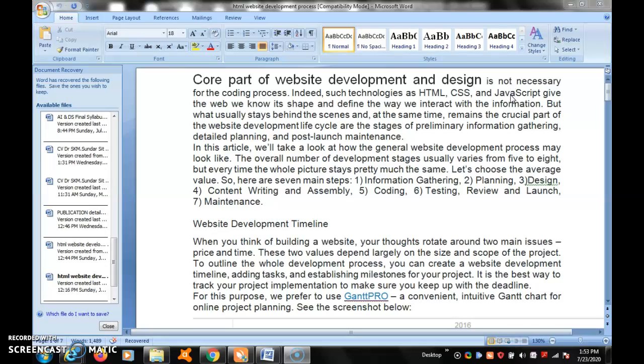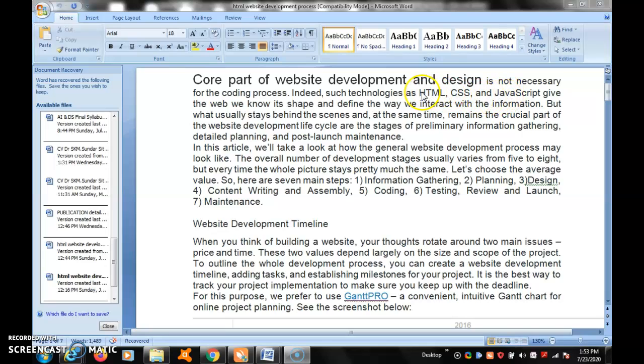Here it is not necessary for the coding process, but you want some idea to collect content information and the design. So this is the technology we are using for the web development process and design: HTML, CSS, JavaScript.